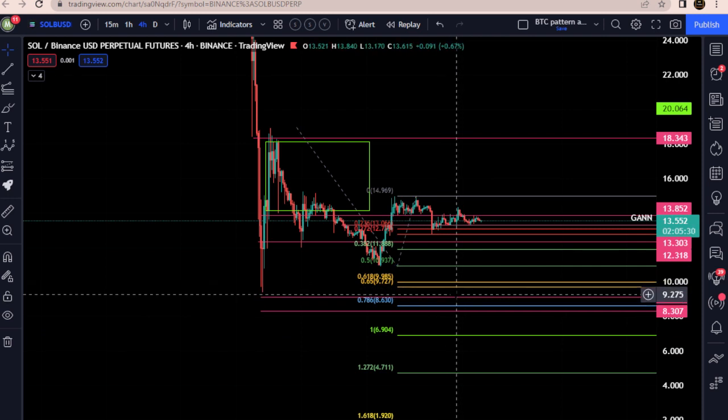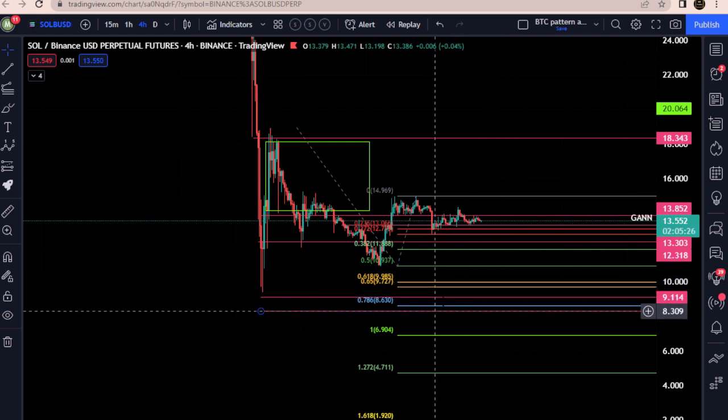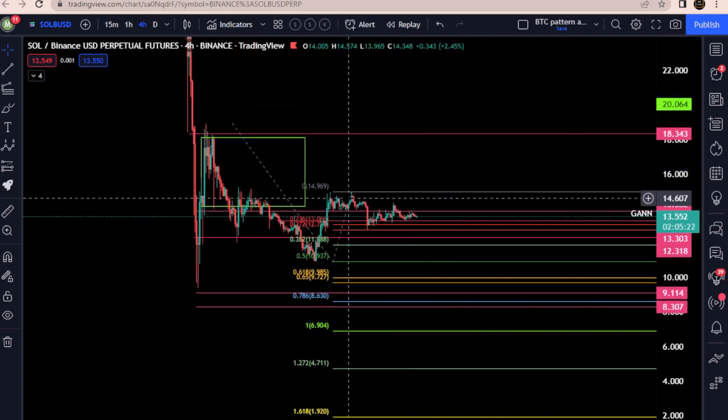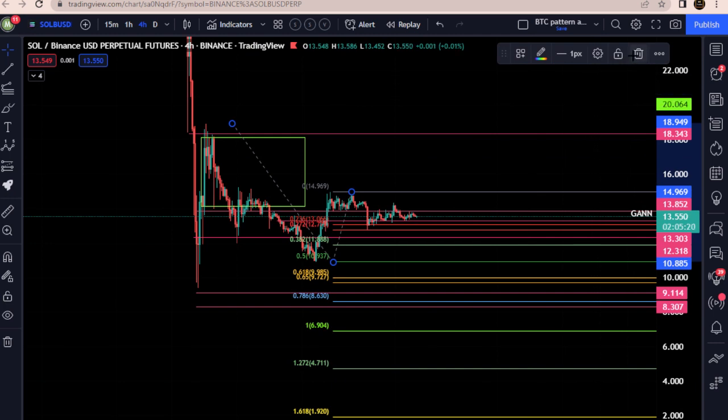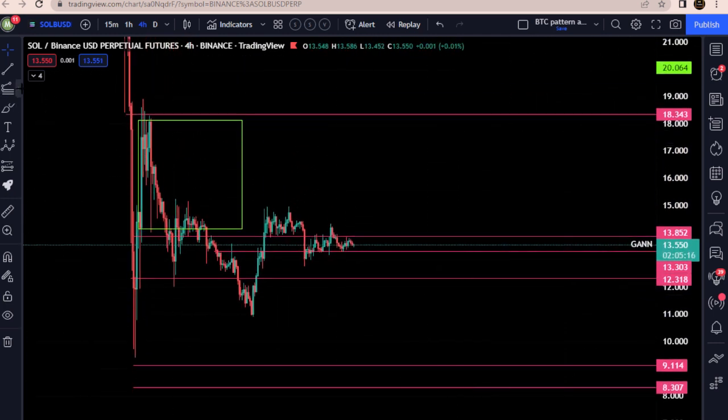Of course, if you come back to this $9 range, I expect a bounce. Again, it's a liquidity level. How high will the bounce be? It's to be seen. Now, I gave you targets to the downside. I told you this may be a wave 3, and in this wave 3, we can look at this as a,